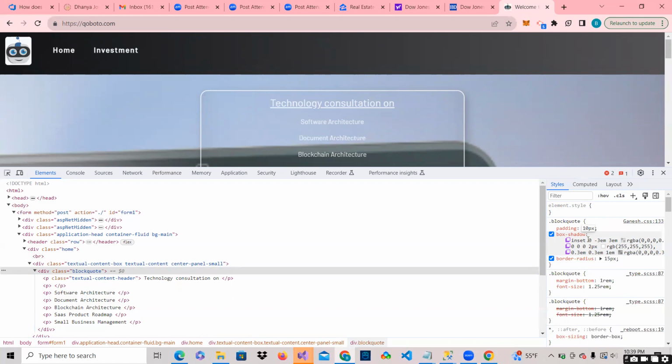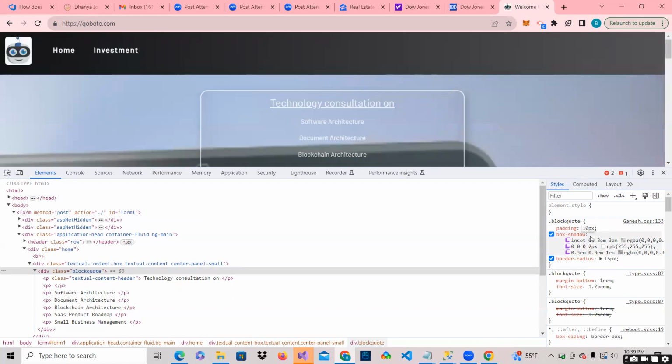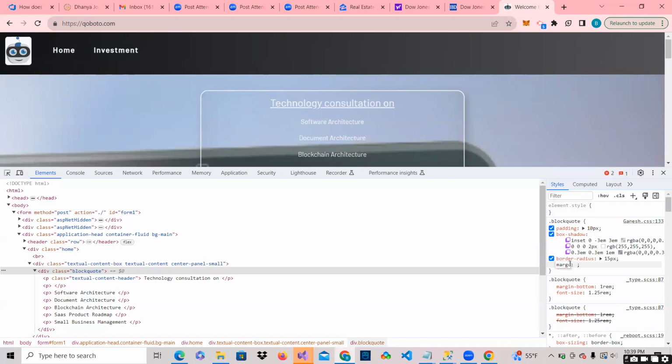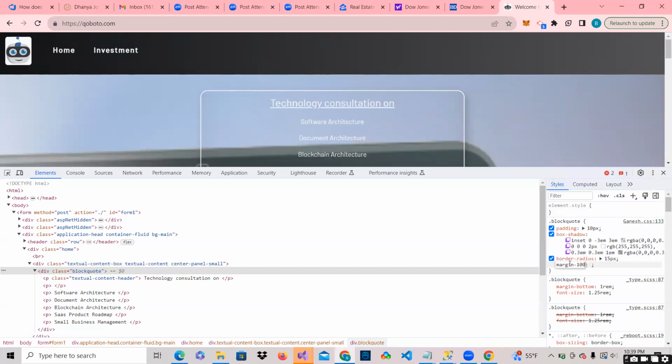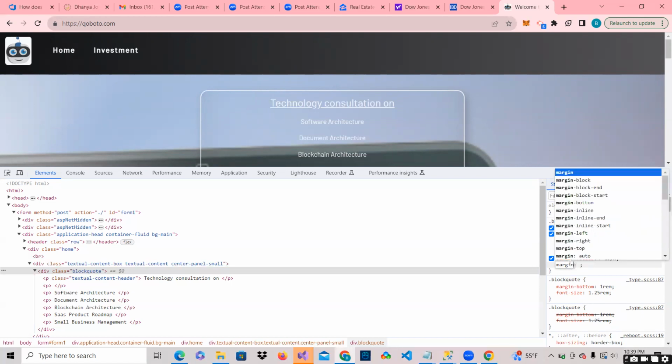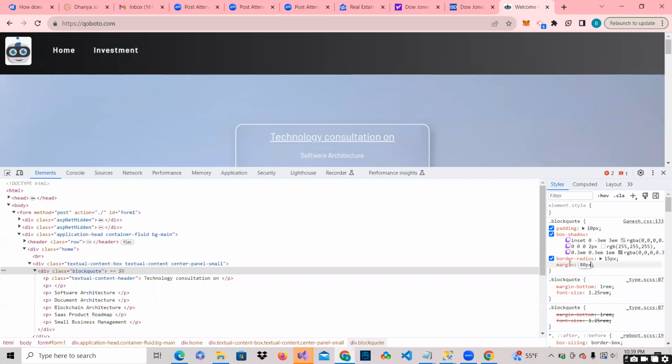A white frame or something. That's very similar to padding. But the margin is very different. If I put margin here, it would look different. Okay, I'm going to put a margin of 80 px. You see, it